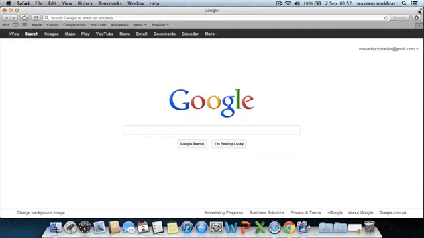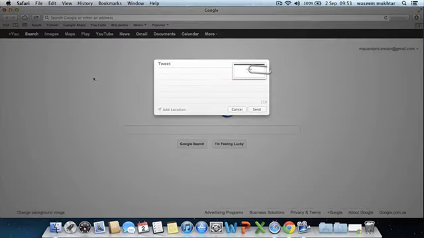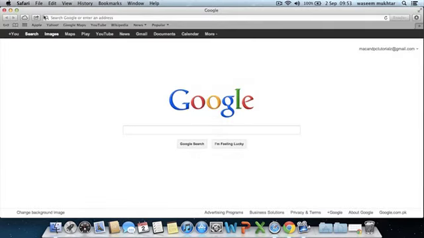Now, this full screen, I know that this was in Lion. Then we also have this very cool feature. You can send the page. You can either add it to the reading list or add a bookmark, but now you can also tweet it. If I love this page, all I need to do is send. I'm not going to do it now, but if I send this, I can see it on my Twitter.